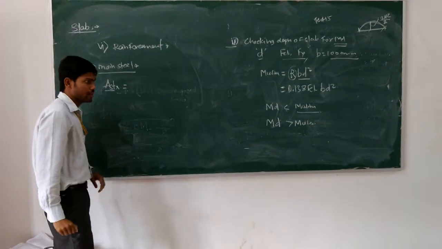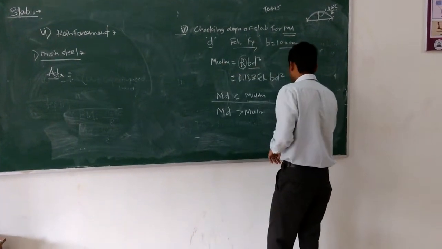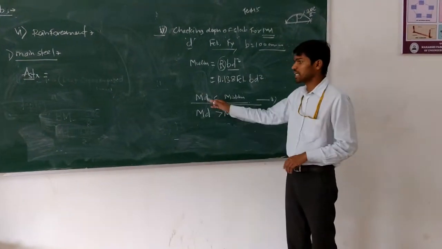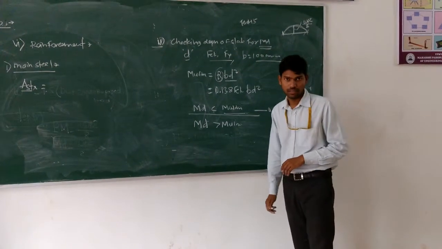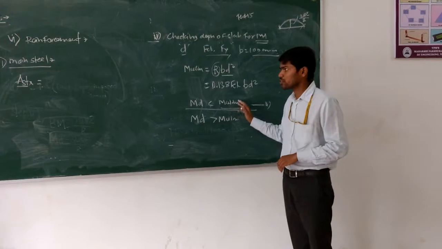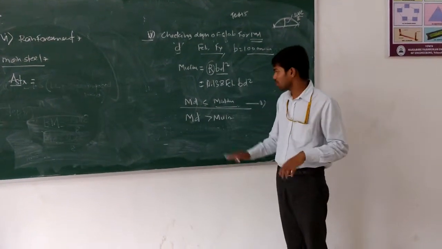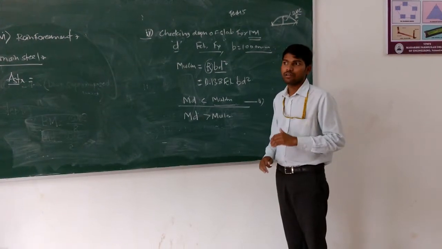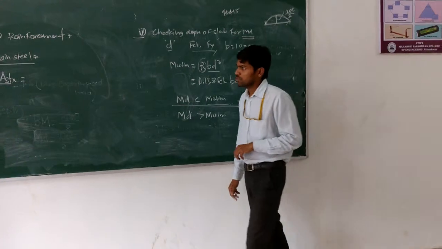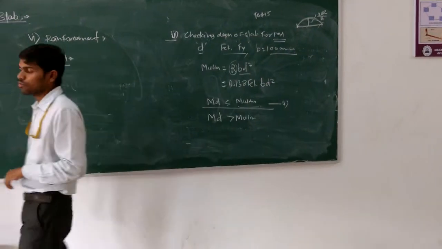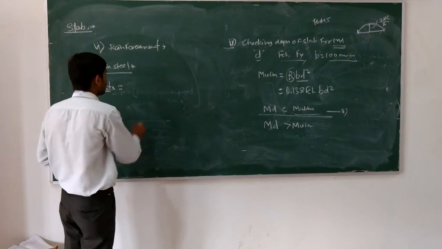Now, how is it calculated? You can see here, we have considered case number 1, where the design moment or actual moment produced in the beam is less than the moment resisting capacity, which means the section is under-reinforced. The design moment is less than the moment resisting capacity, which means the section is not fully utilized. Therefore, in the case of an under-reinforced beam, we calculate the steel